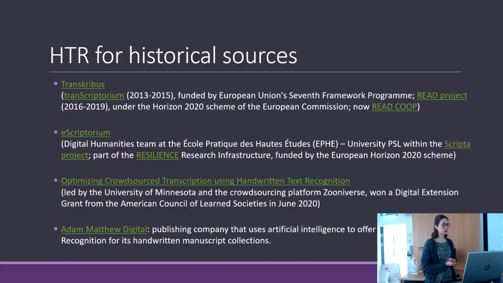And in 2019, the grant ended, so they decided to create READ-COOP. This READ-COOP is a European cooperative, so the members are the universities and the libraries and archives using Transkribus, and they pay some type of subscription,